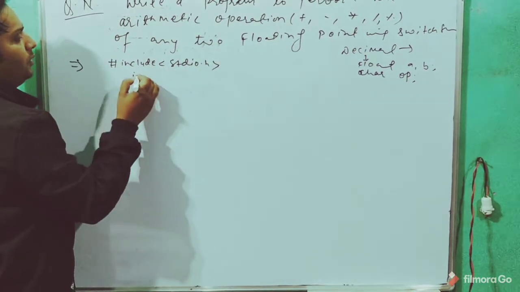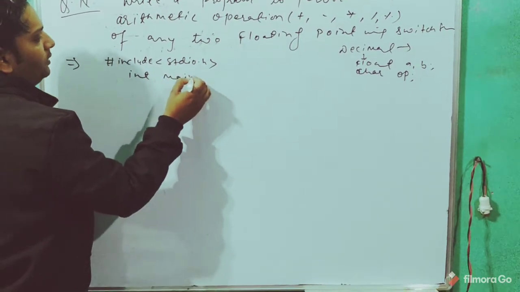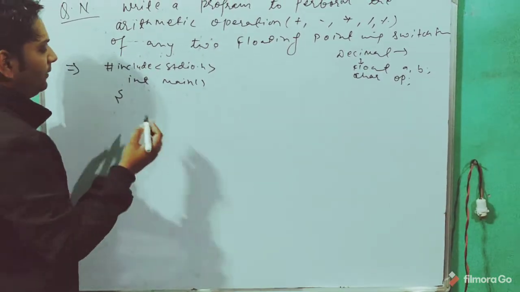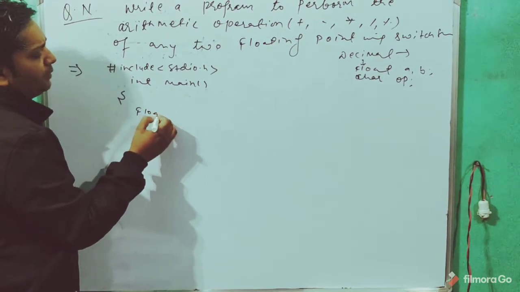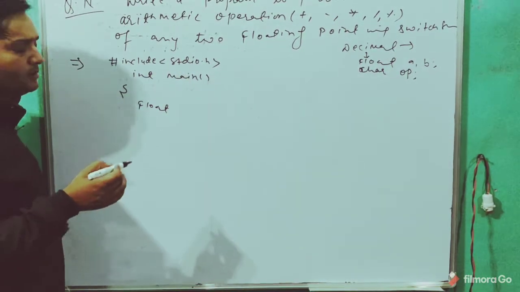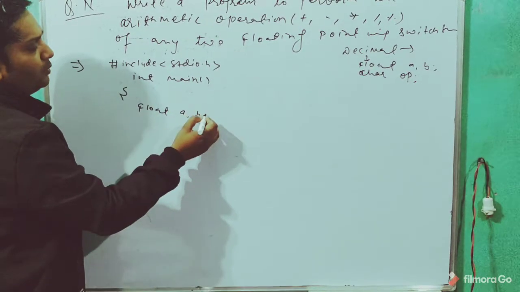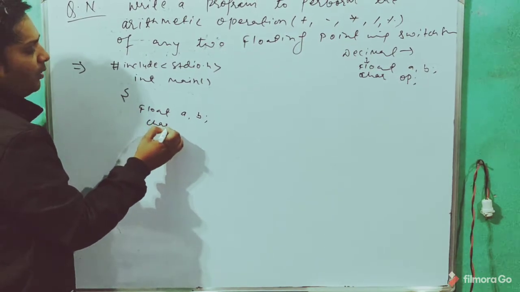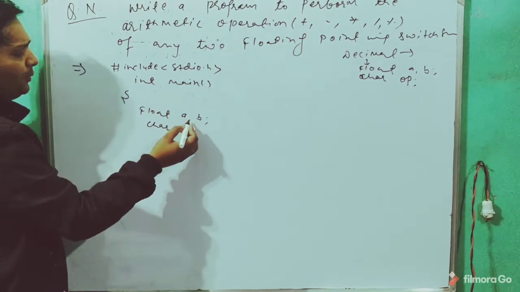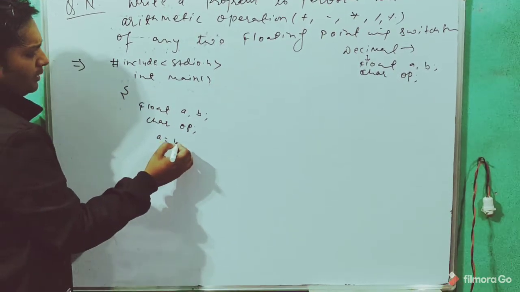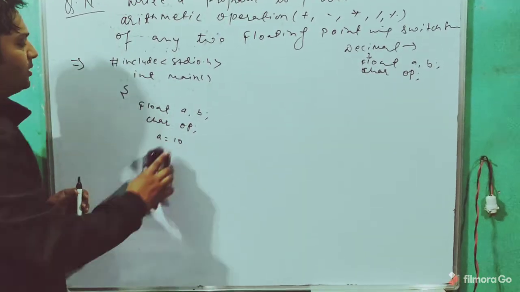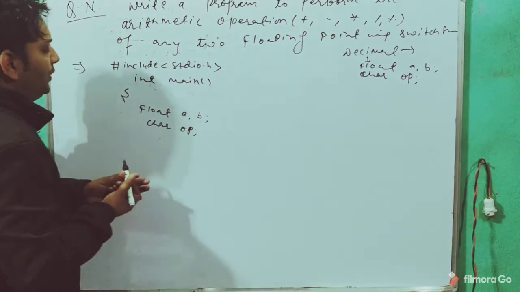So our logic is: first we have to give two values along with the operator. If you wanted integers you could declare them that way, but according to the question it is given as floating point numbers, meaning decimal numbers. So I have declared any two numbers, and then we require our operator, so I am declaring a character data type. If you want to give direct values, you can. Otherwise you can use the concept of user input values.